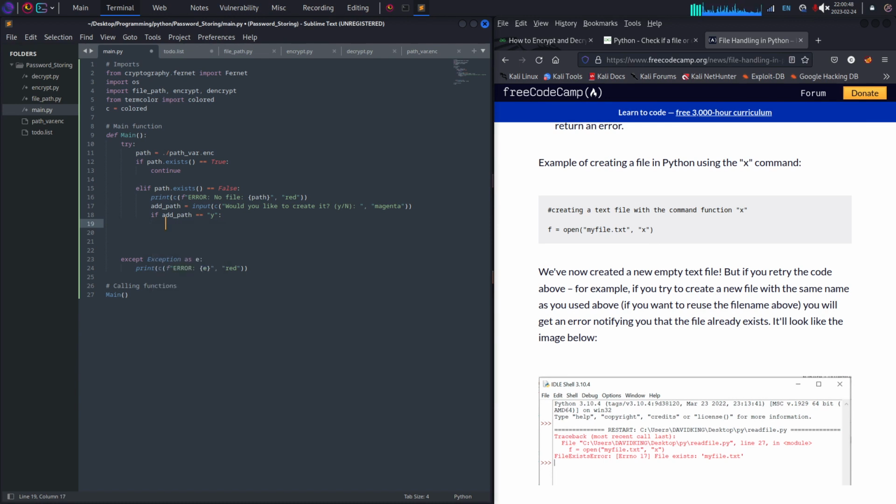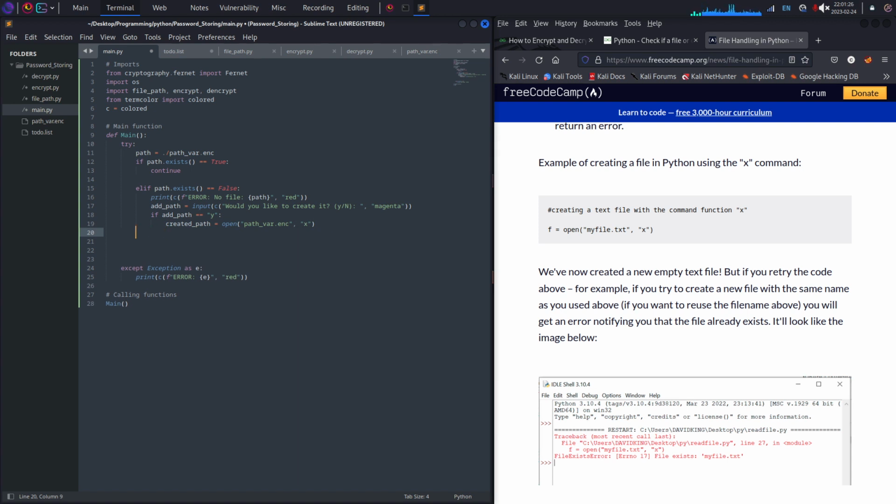So we will use created path equals open, and then I'm already in the directory, so path var.enc, and that needs to be in quotation marks, and then with the x variable,